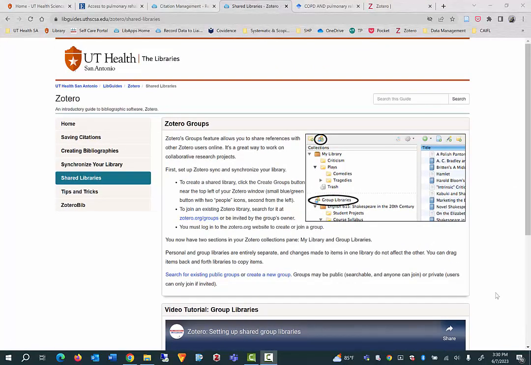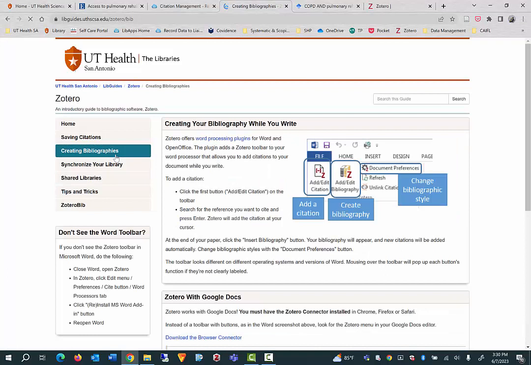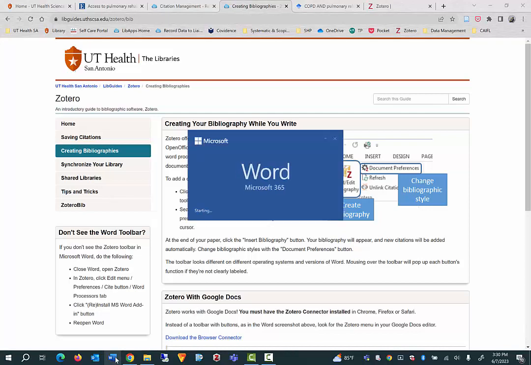So the last thing I want to show you is how to create bibliographies and insert citations into a document. I'm going to show you how to do it in a Word document. So again, there are some instructions on how to do it in the guide. You can always come back here and look at it, but I'm going to show you how to do it now. So I'm just going to open Word